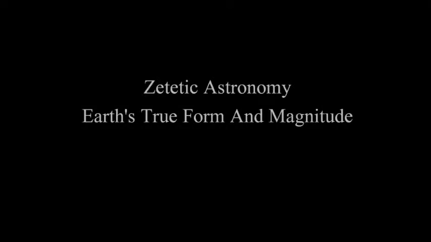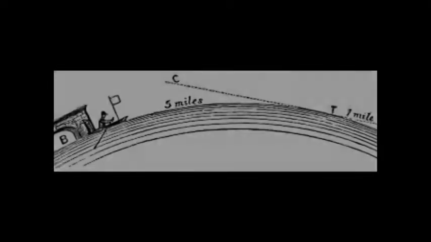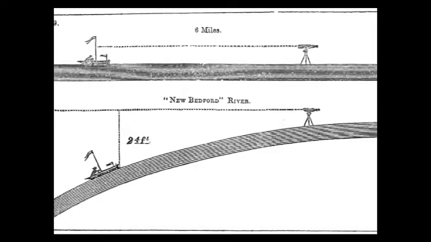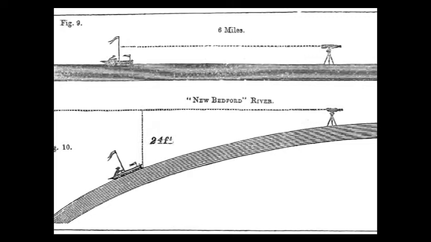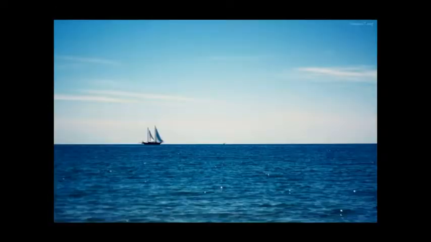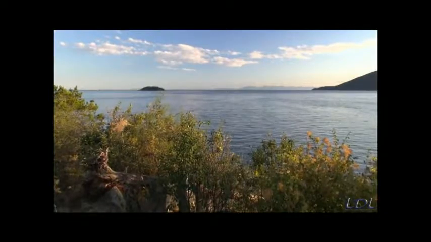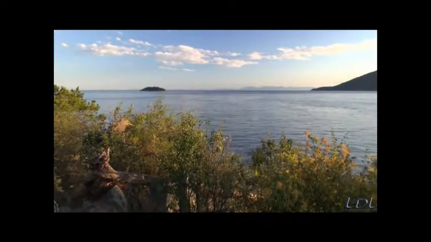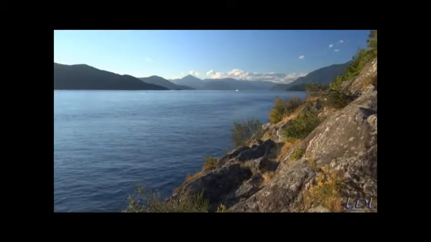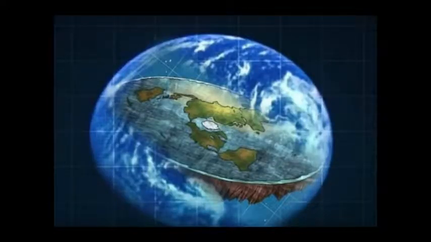Chapter 4. The True Form and Magnitude of the Earth. The facts and experiments already advanced render it undeniable that the surface of all the waters of the earth is horizontal, and that, however irregular the upper outline of the land itself may be, the whole mass, land and water together, constitutes an immense, non-moving circular plane.